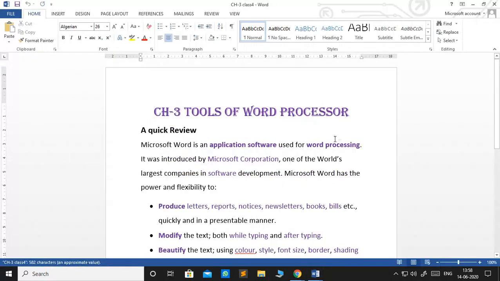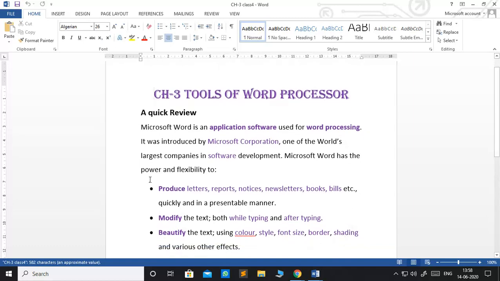So you see, my previous work is open. The previous document is open. So this way I can open my previous document. If I need to change something in this, I can change it. If I want to copy something from here, I can copy it. Or if I want to just read something, I can read. Okay, so this way you can open your old previous file with the help of the File Open option.